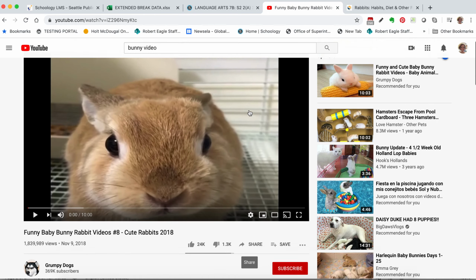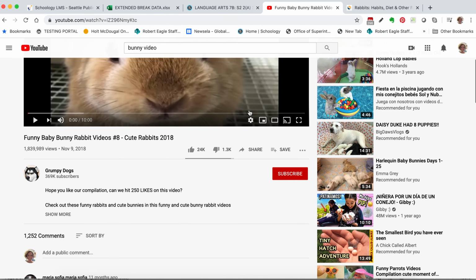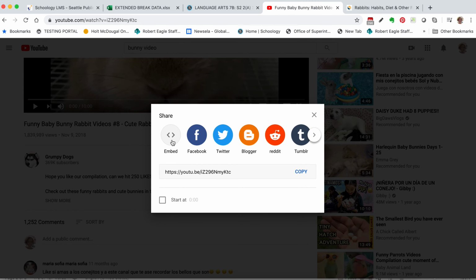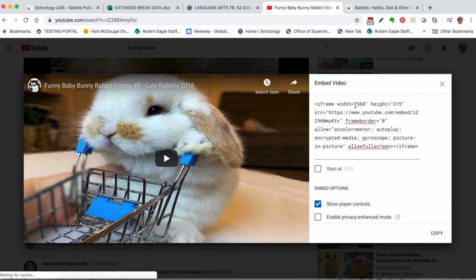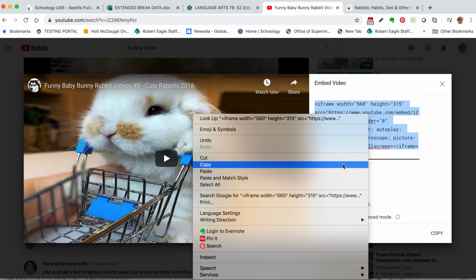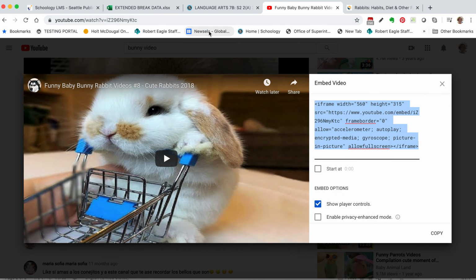So what I'm going to do first is when I'm actually in YouTube on the video, I'm going to click on this little share button here, and I'm going to click over to embed, and I see this embed code here. It looks super funny. Embed codes are really important. I'm going to click there. I'm going to right click and click copy, or I'm going to do Control C,